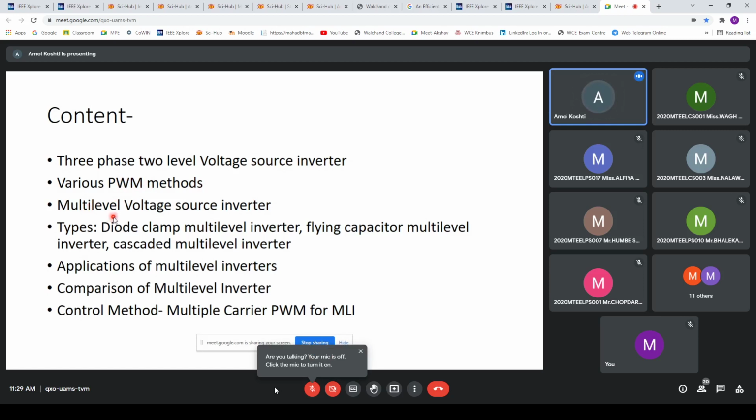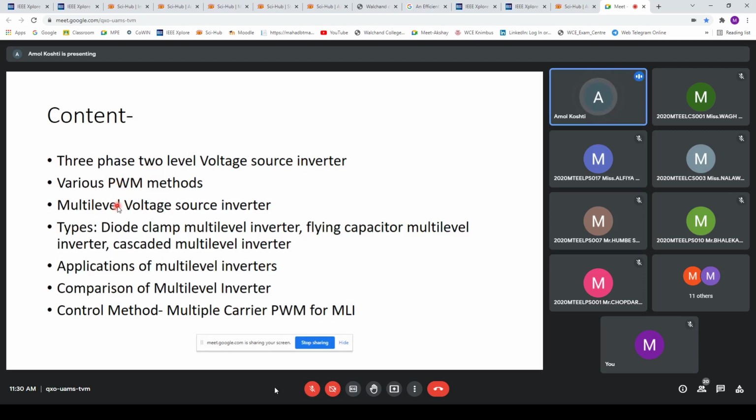After this, for the multi-level voltage source inverter, we will compare it with the conventional inverter, which can also be called a two-level inverter, based on the nature of the output voltage and the nature of the output current. We compare it and we'll understand the need of the multi-level inverter, and how this inverter helps us produce better output as compared to the two-level inverter. We'll see what we are doing in this multi-level inverter so that the output can be better.